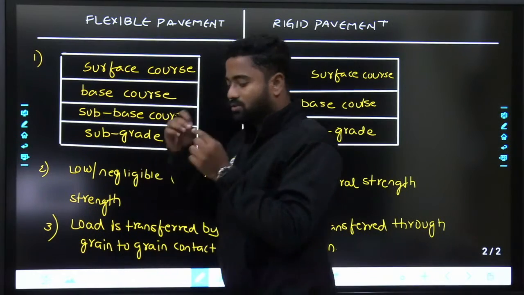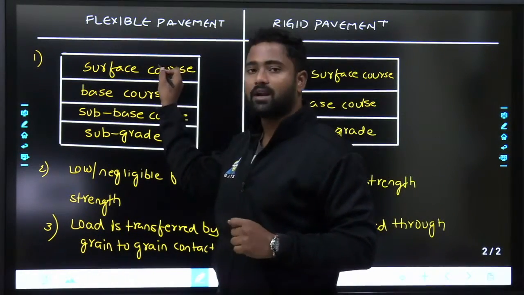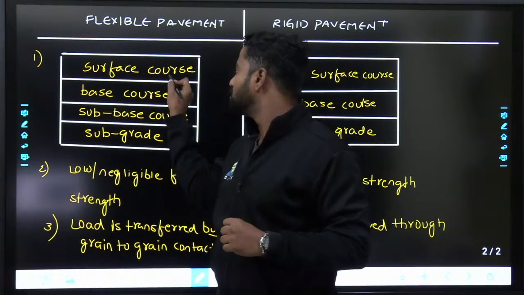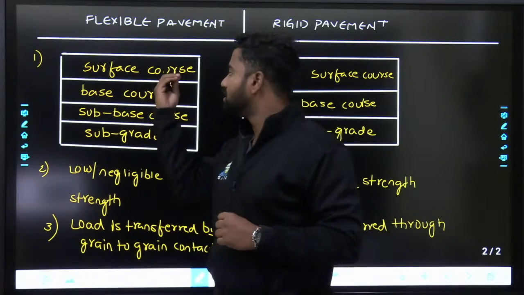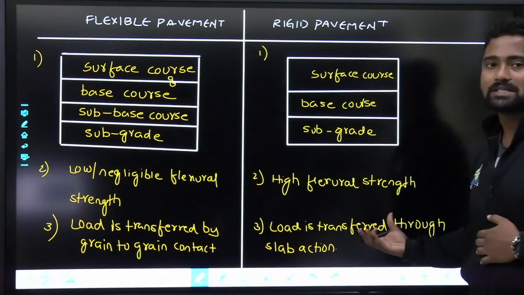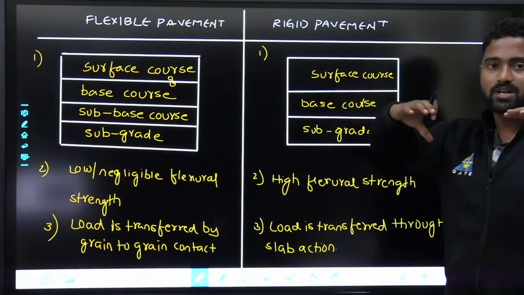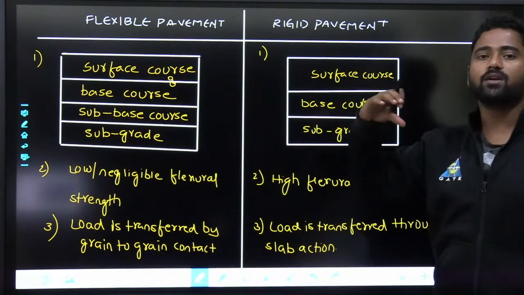So grain to grain contact means load will be transferred onto this grain, and from this grain onto the next grain. Load is transferred from grain to grain contact, whereas here it is the whole slab. This is like a concrete slab. Load is transferred by